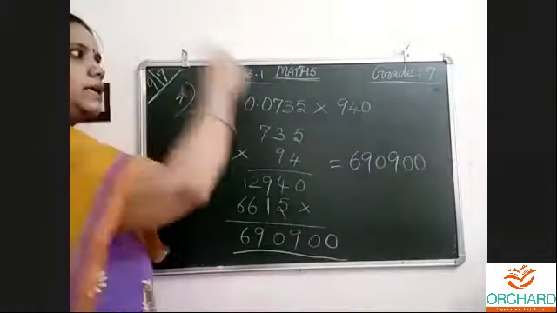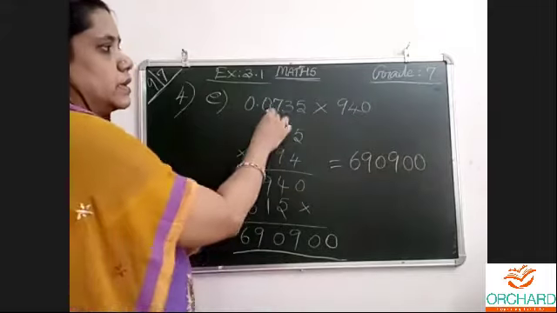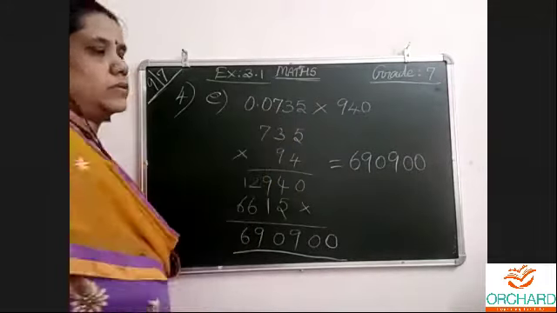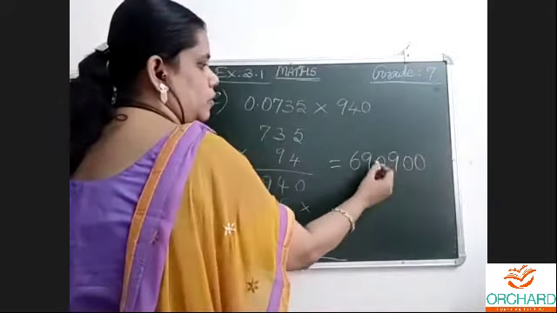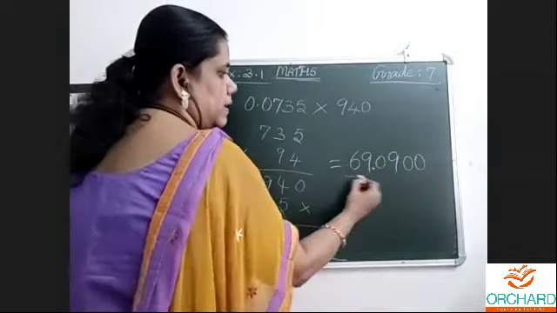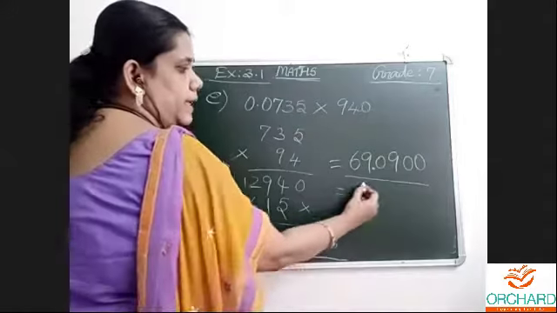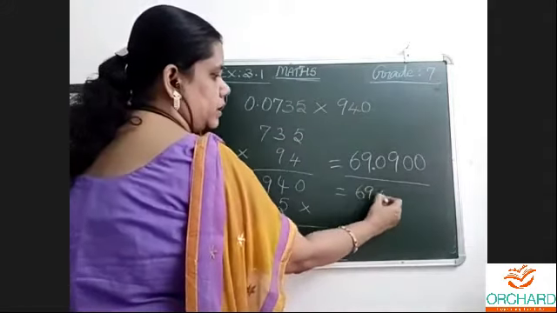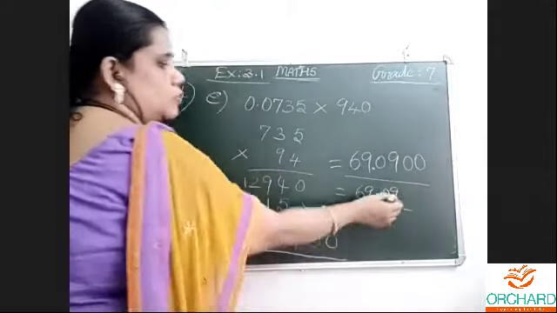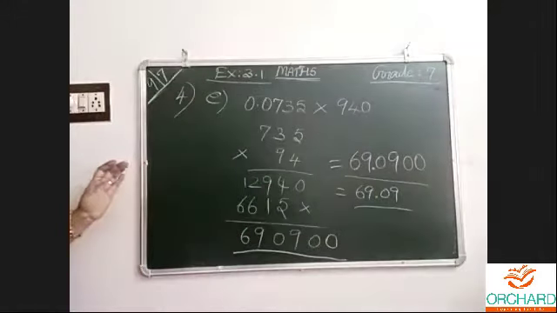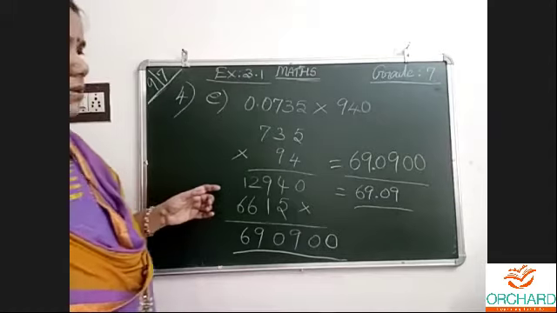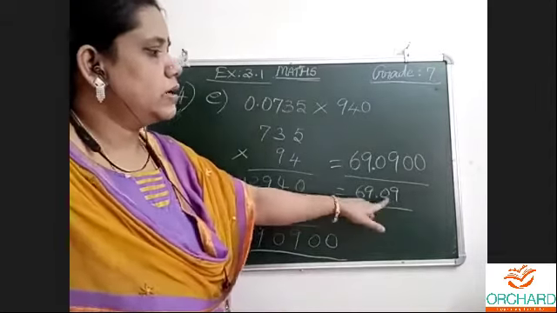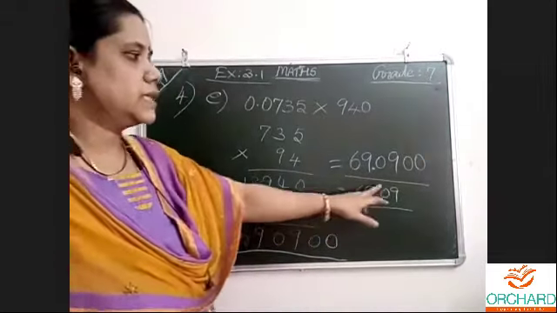Now, you should see here there is no decimal point. Here 1, 2, 3, 4. So 4 digits. From the last, 1, 2, 3, 4. Like this. So you can take and write 69.09. Up to 2 decimals if you write, that is enough. Even the full answer will do. Both are correct. Normally in textbooks they give 1 or 2 decimals as the answer.